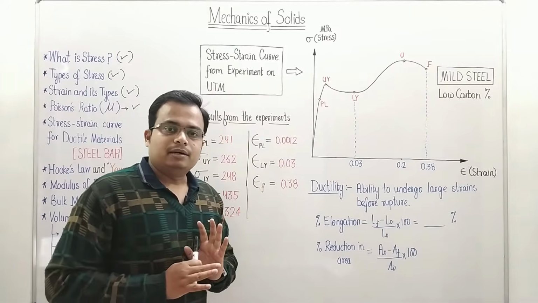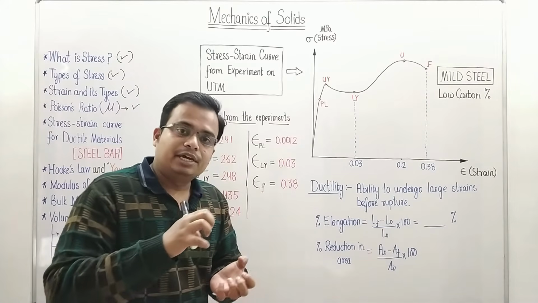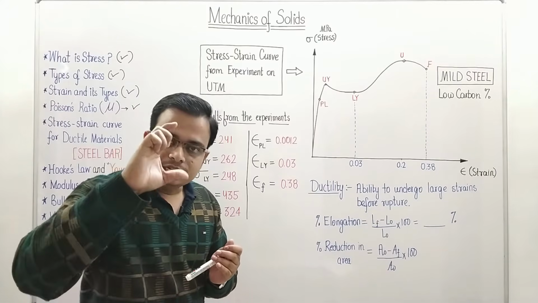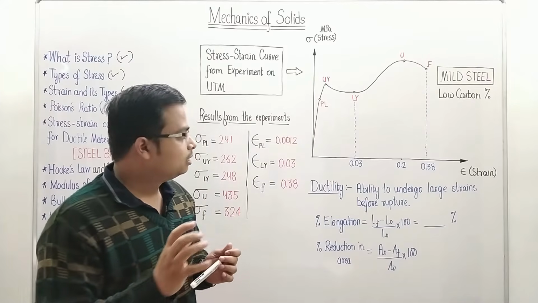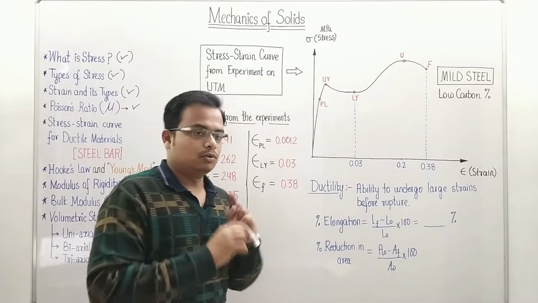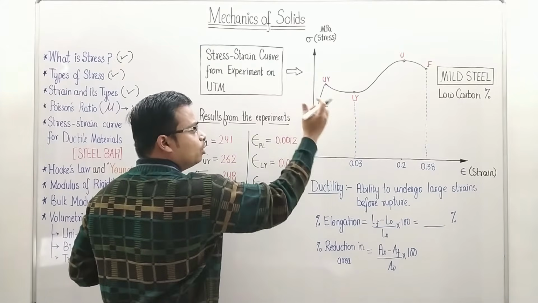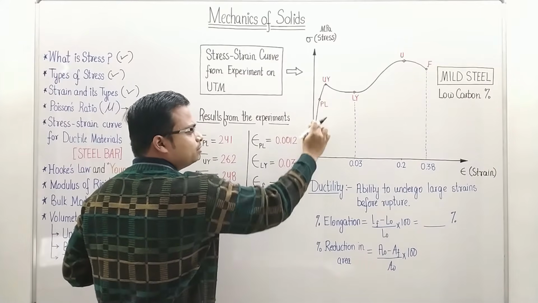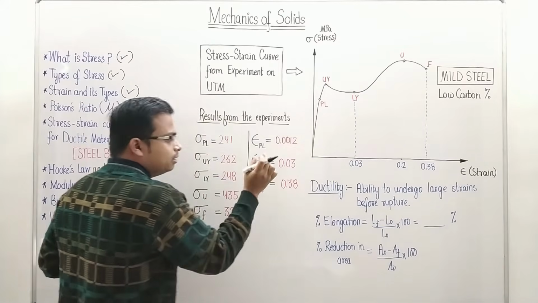When you do this experiment, right, when you put that mild steel specimen under investigation in a universal testing machine and you punch 2 dots, the distance between them is known as the gauge length, that has to be taken as 50 millimeters. The results that you are going to get is as follows. Number 1, if you keep on increasing the load, well, obviously the value of stress is going to increase and the strain will also increase, okay, very less compared to the remaining strains that we have, but there is going